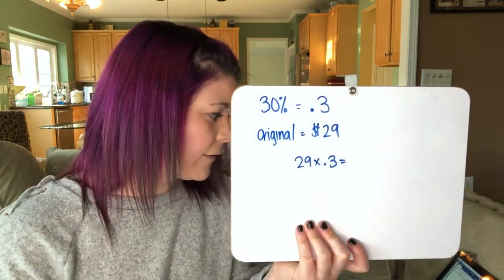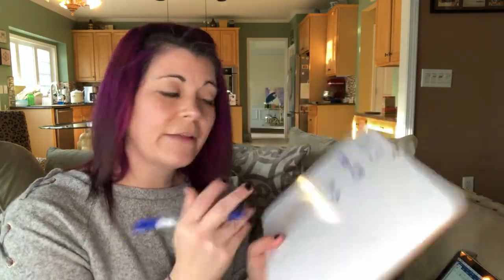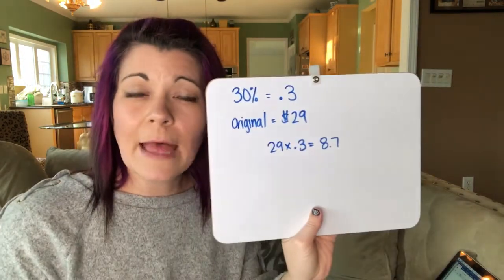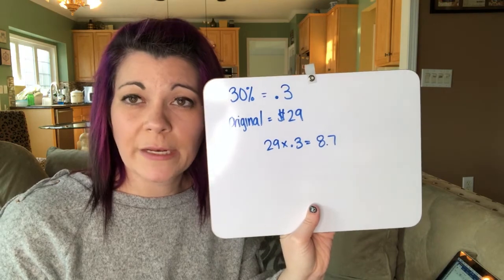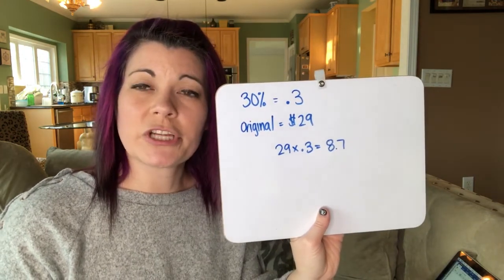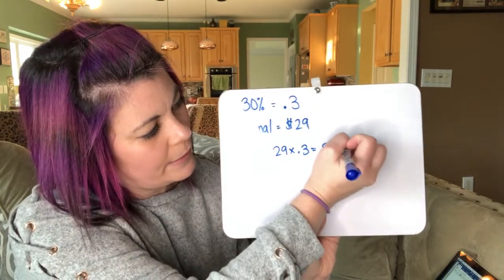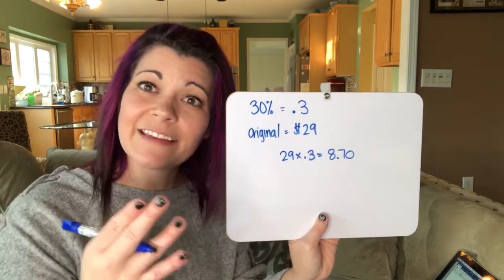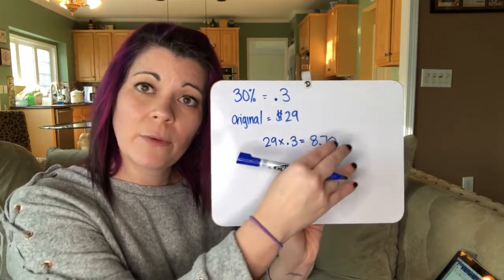29 times 0.3, when you do that, it's 8.7, okay? So this is how much money you're getting off of the $29 original pair of jeans. So you get $8.70 off because it's money, we want to add that zero. $8.70 off. So since it's a discount, now the third step is you take what you get and you subtract it from that original price. So 29 minus $8.70, and you'll get